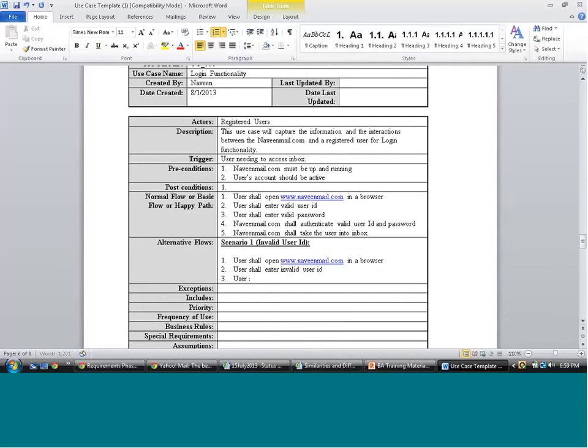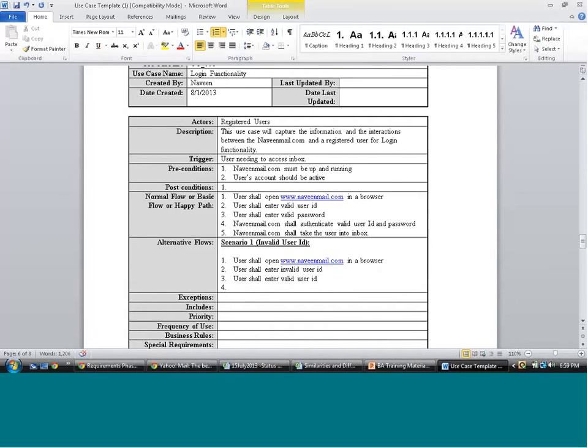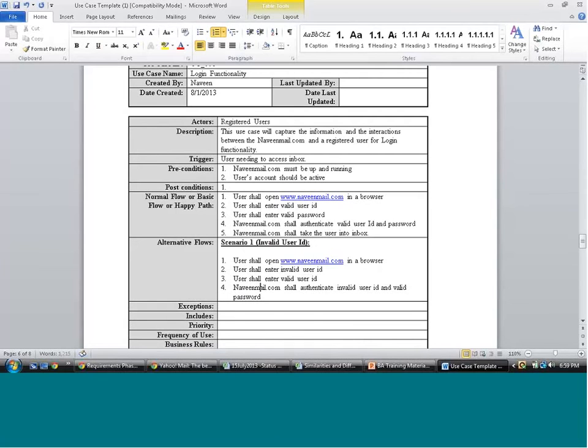And then user shall enter valid password. Naveenmail.com shall authenticate the invalid user ID and valid password. Let us say user ID here. It's password. And then